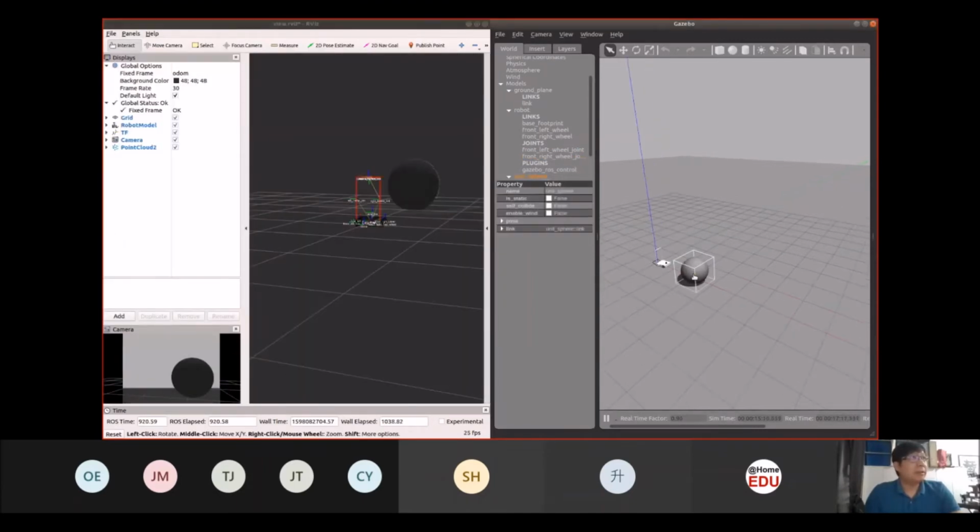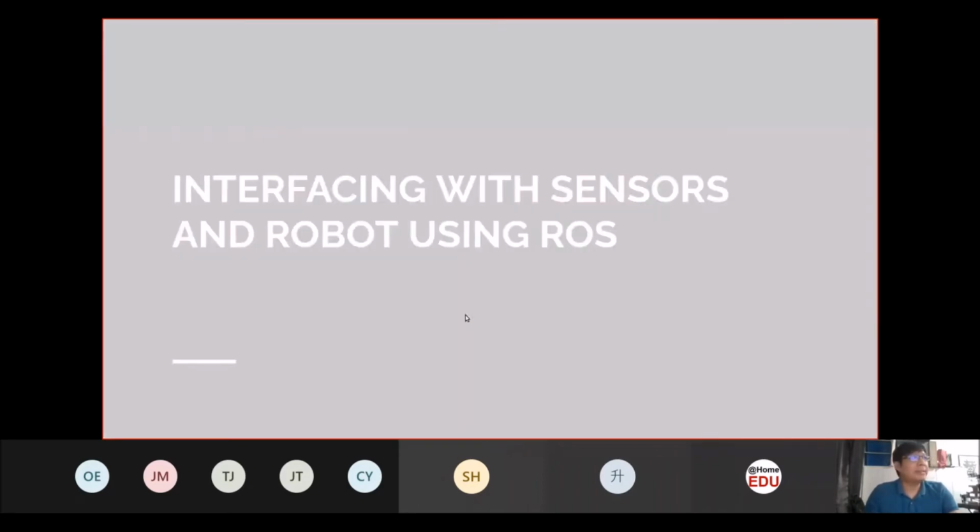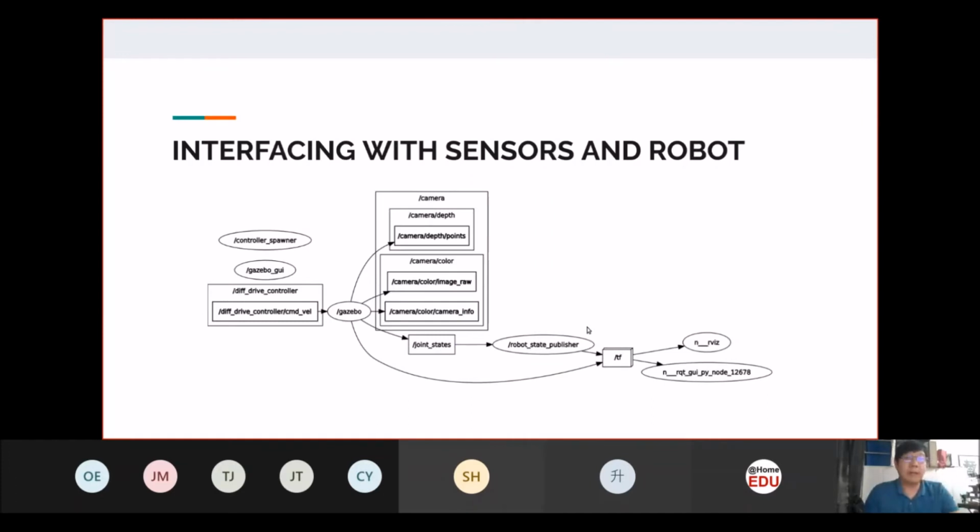If I move this around, you can see it change in the camera view. With this, you will be able to interact with the robot over here. So this is how you put in the sensors, and you can interface with the robot.